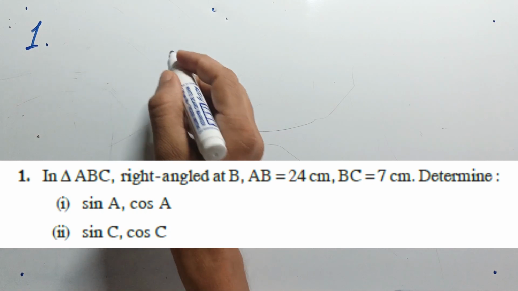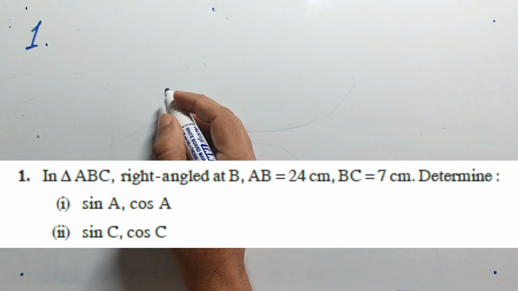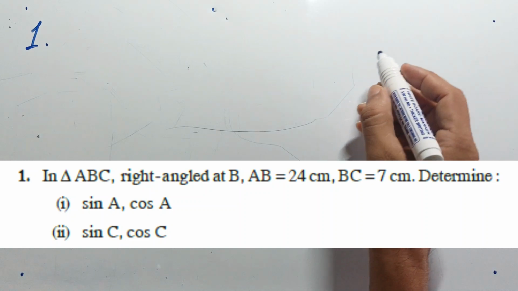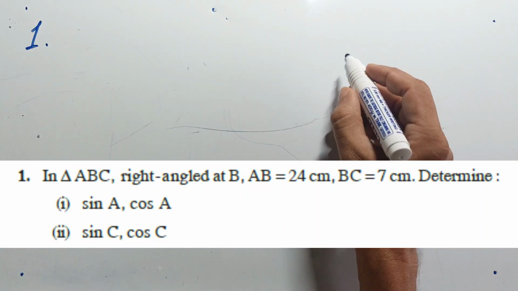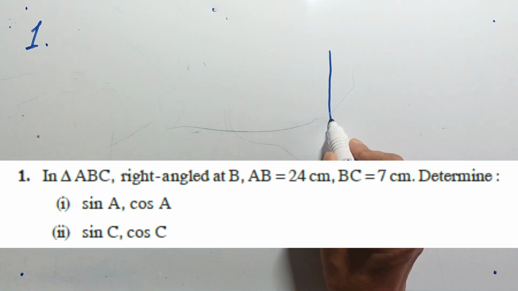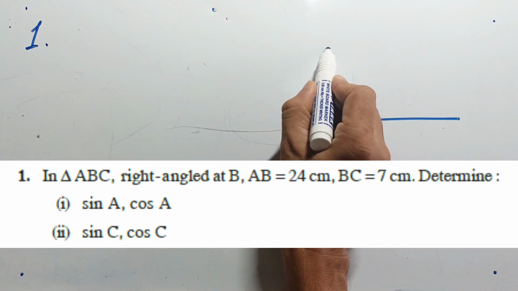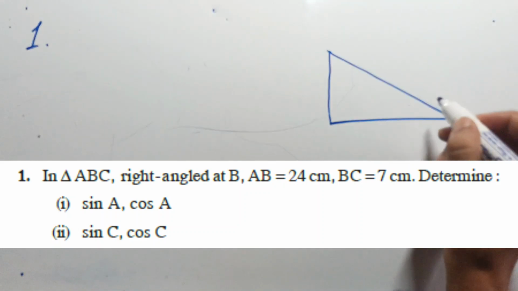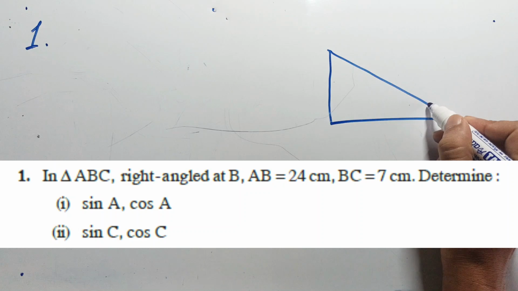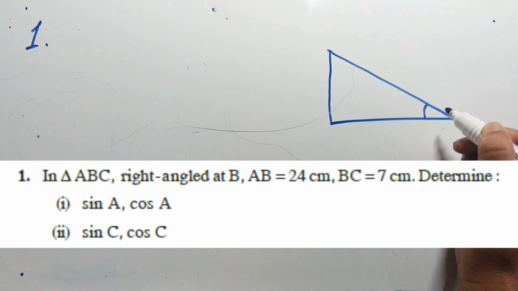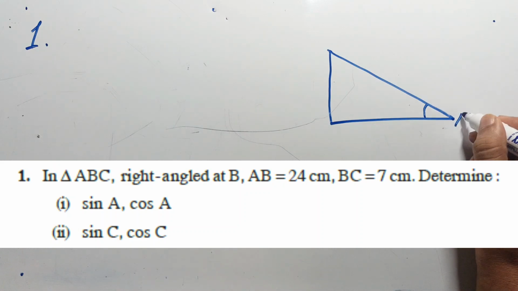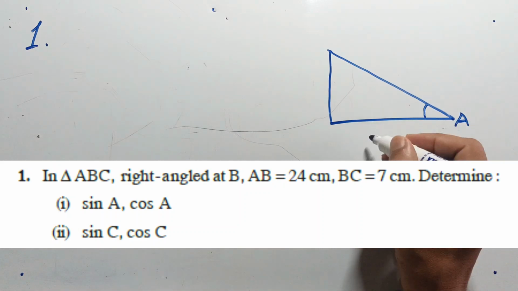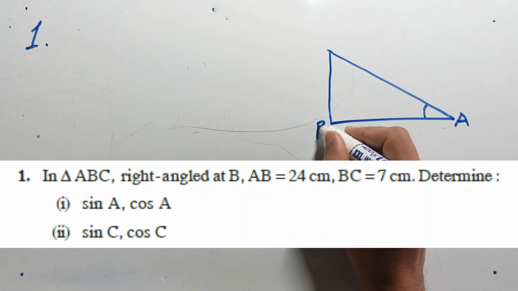So in this chapter, all the sums you should always do with the drawings, and that drawing, the Pythagoras triangle, should be drawn in this way. Okay. So that angle of consideration should be on the right side. Here in the first problem, this triangle